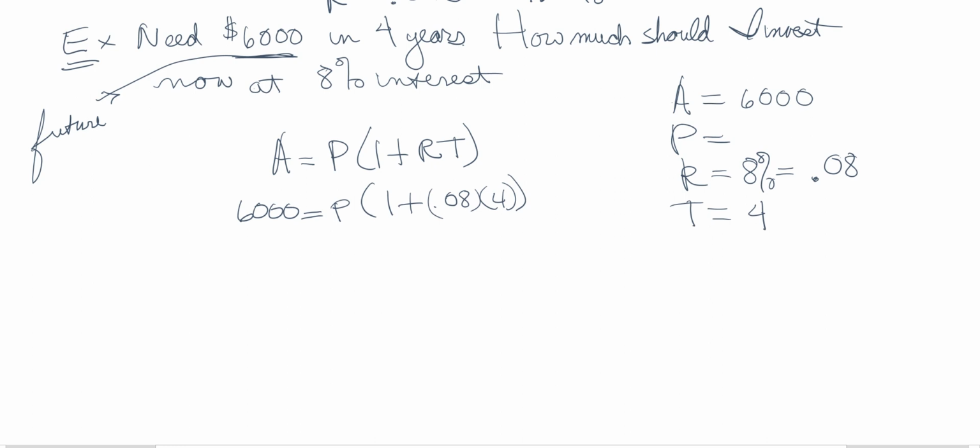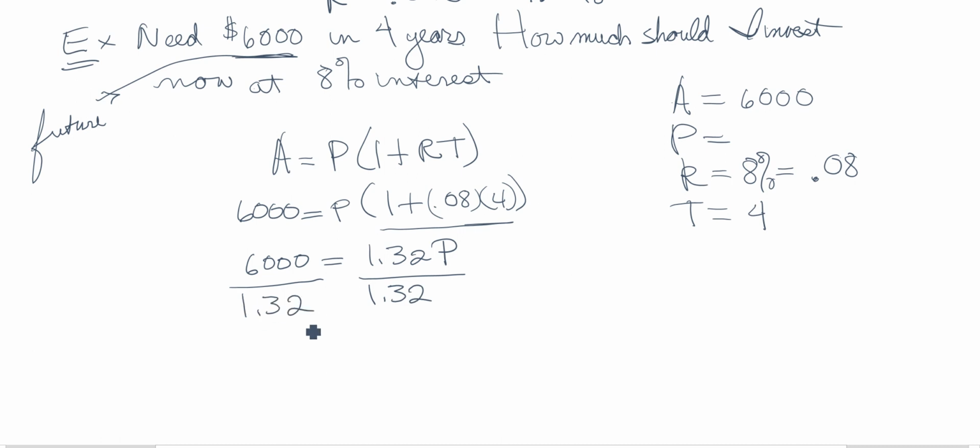With this one, I can simplify what's in the parentheses, and that gives me 6,000 is equal to 1.32P. To solve, I'm going to divide both sides by 1.32, which gives me P equals